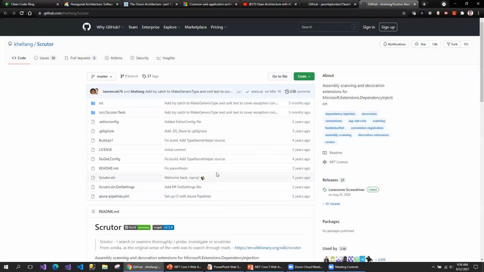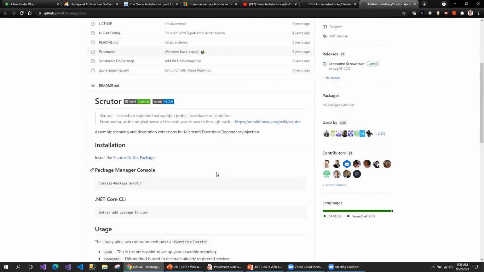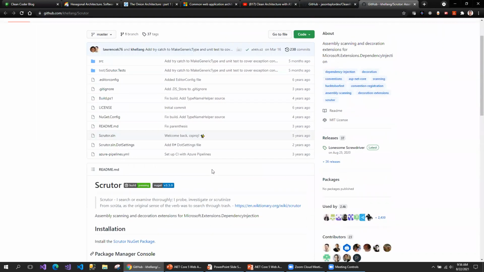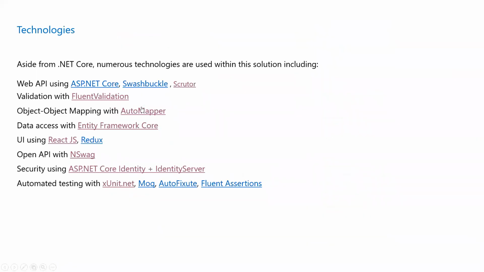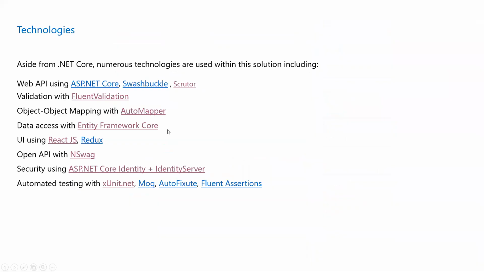I forgot the actual purpose of Scrutor, so that's the reference; I can explain more in detail. I think this is used for scanning and declaring the dependency injection, and Swashbuckle for Swagger configuration.